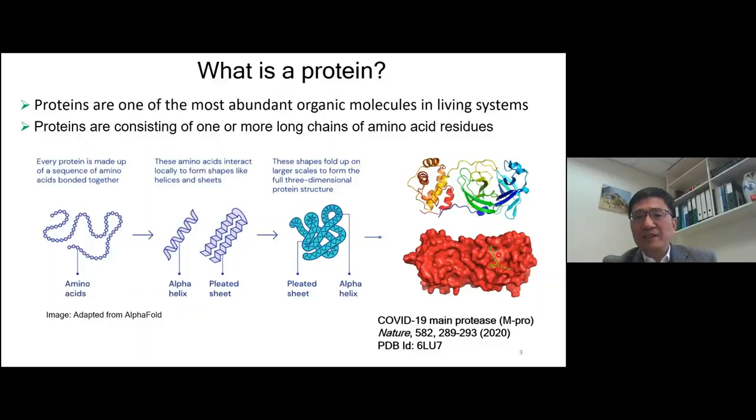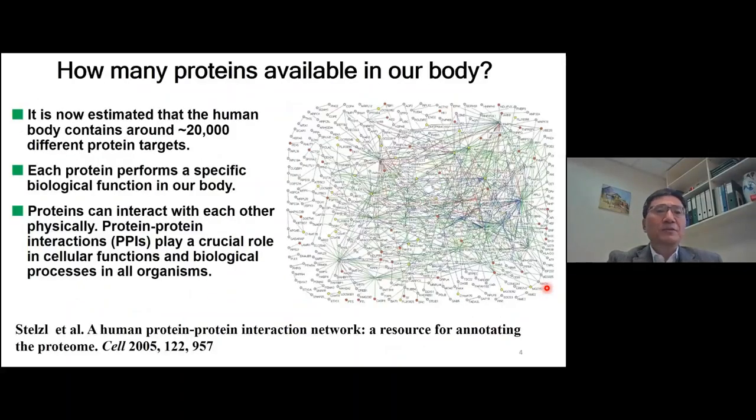And then the stick model represents the drug binding to the main proteins. I'm sure we have heard about how to really cure virus infection. And protein normally, if you look at the human body, and especially after